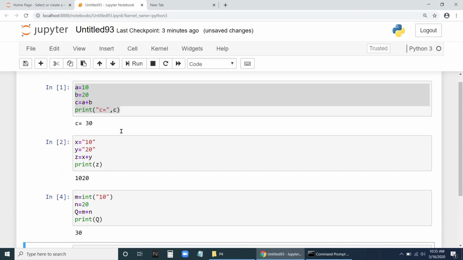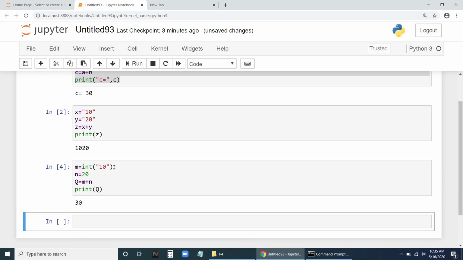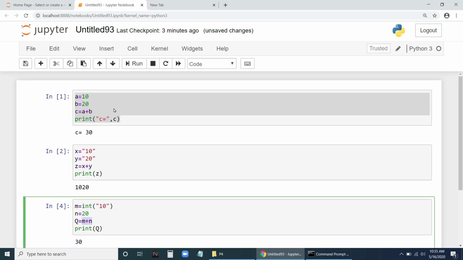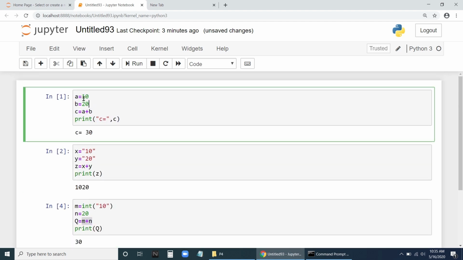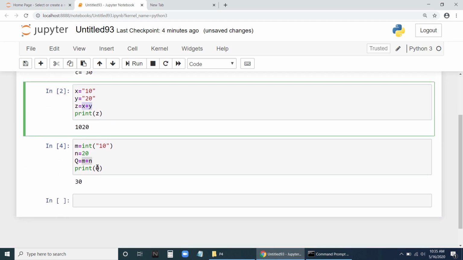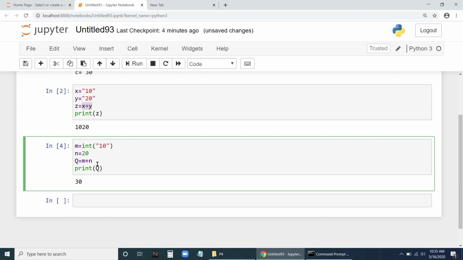So what is the problem here? The problem is we cannot add up string and integer together. Either both should be integer, or both should be string. String means it will concatenate. Integer means it will add up. Whereas if we give integer plus string, it will say error.